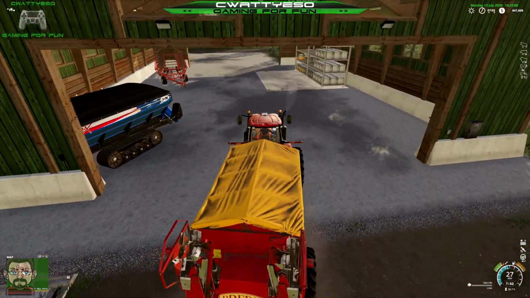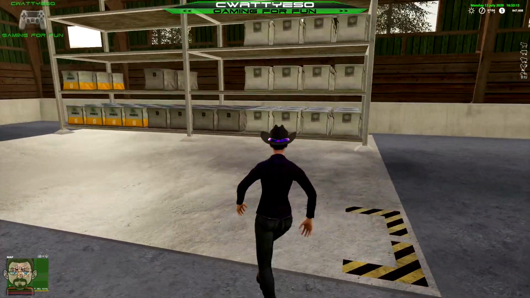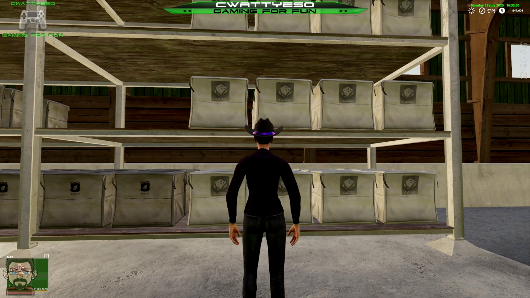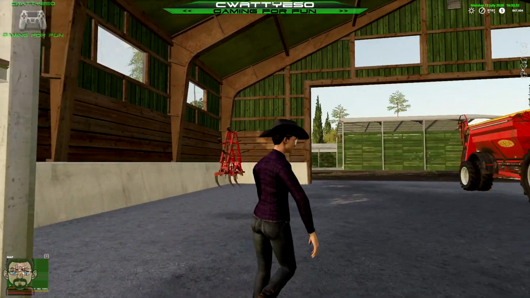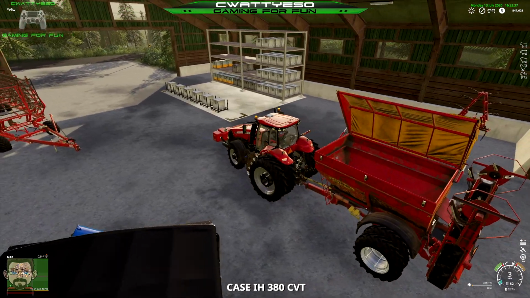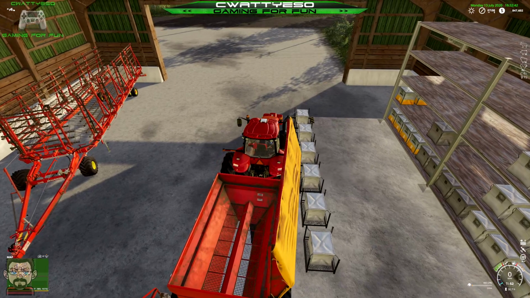How much this holds. Lime, lots of lime pallets. Lime, they are 2,000 litres. 2,000, 4,000, 6,000, 8,000, 10,000, we'll spawn 12,000 litres. I'm going to guess this can hold 12,000 litres. Probably holds a lot more. We'll run the risk